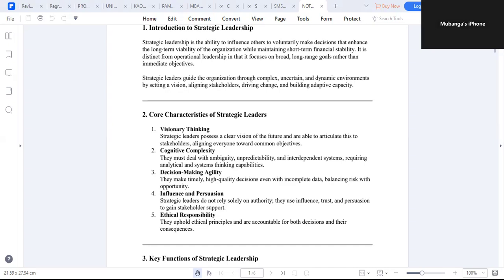I think ethical responsibility deals mainly with, sorry, I'm just opening the notes. Oh my God, my phone has even gone off. Yeah, just mainly